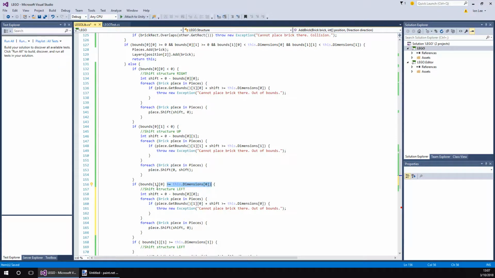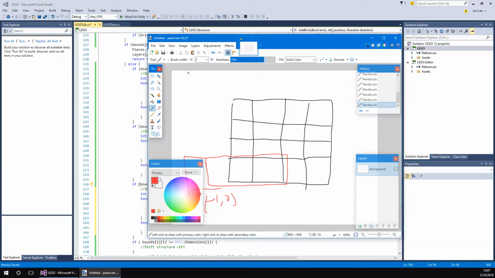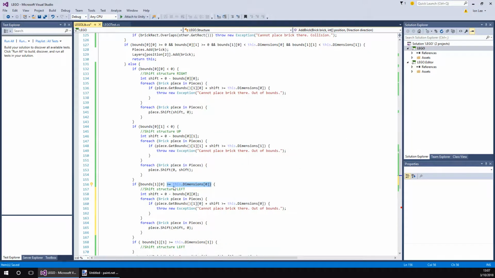So if its top bound is outside, so if the brick we're wanting to do is something like this, and its top bound is actually outside of it this time, like this, then we need to shift it back this way. So here, on this 4x4 grid, this would be position 4. 1, 2, 3 is where we are here. So what we're going to do is just subtract wherever it is